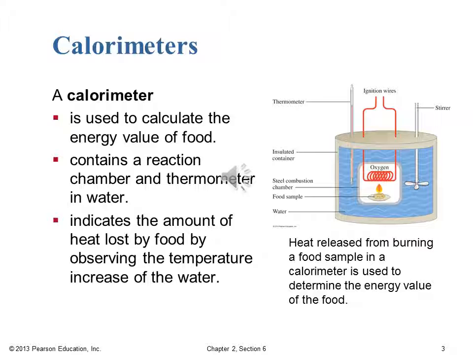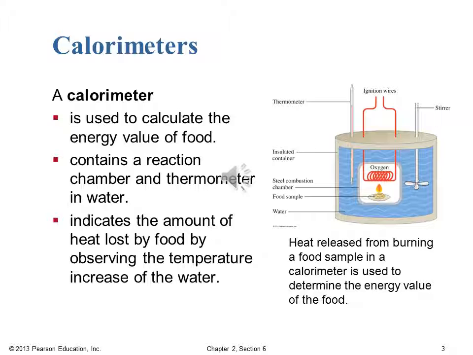So it contains a reaction chamber and a thermometer and some sort of heat sink, which is typically water. Water is cheap and readily available and actually has a very high specific heat, which makes it ideal for this sort of work. The temperature change in the water is related to how much heat energy is given off by the substance. So we're following that reaction by looking at the temperature increase of the water, and therefore we can figure out how much heat was lost by the food that was burned, oxidized in that chamber